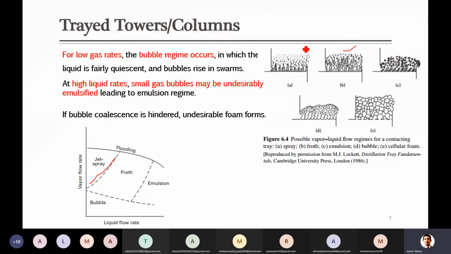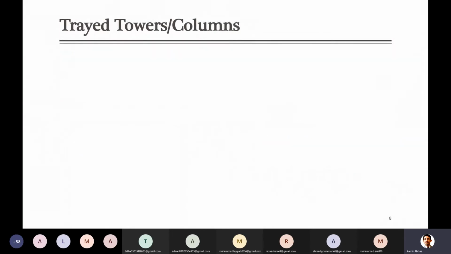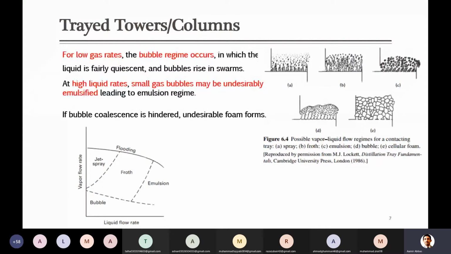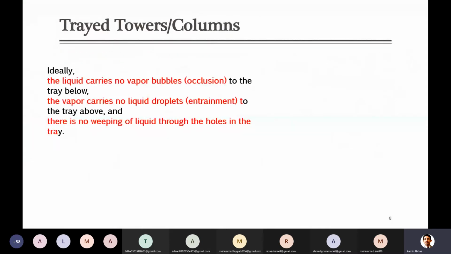If they keep on moving towards the top, at the end of the day, at the top of the distillation column, there is a large amount of liquid compared to what it should be. This condition is called flooding: a large amount of liquid reaching the top of the column, which happens due to the high flow rate of the vapor. That condition is named flooding. So don't worry, I think it will come again somewhere. I will show it with some diagram.